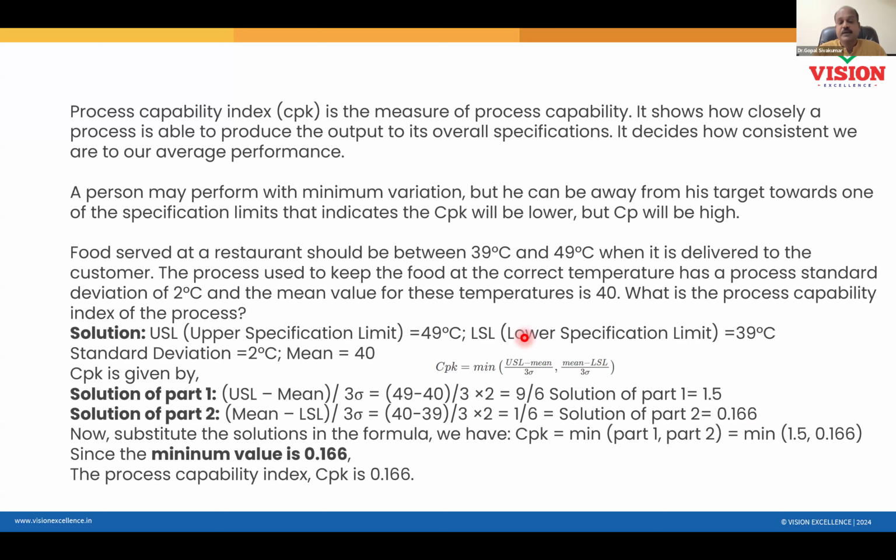That means his process is left side shifted, not capable. You can see the average having the tendency of moving leftwards. Can you see that? What is the current average now? 40. But we want the food temperature to be somewhere at the center. So this restaurant manager could assess his own capability of maintaining the food at the appropriate temperature for his customer with the help of CPK.